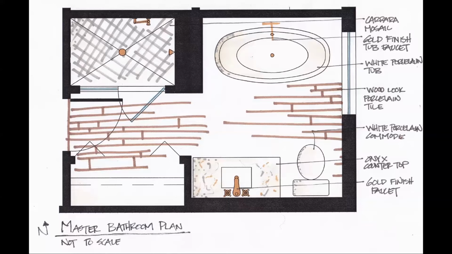And you can see here, of course, in my lower left-hand corner, where it always is, where we always look, the title, the scale, and the north arrow for a plan. So we've got the title. Of course, this is not to scale, since it's been printed, drawn on, scanned, stretched, changed in size, and then presented on your screen, so there's no way it's to scale right now. But I do have a north arrow, and that's really important because eventually I'm going to start to apply textures, and I want to be able to say on the north wall we want this, on the south wall we want this, and so we need that point here as well.